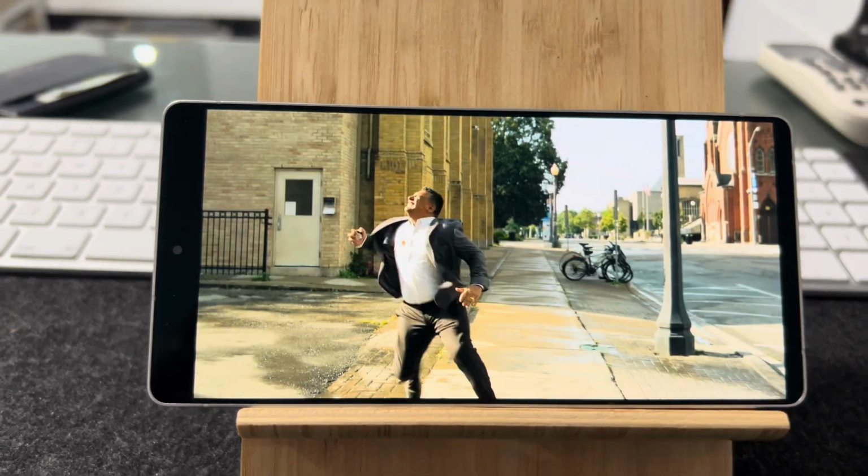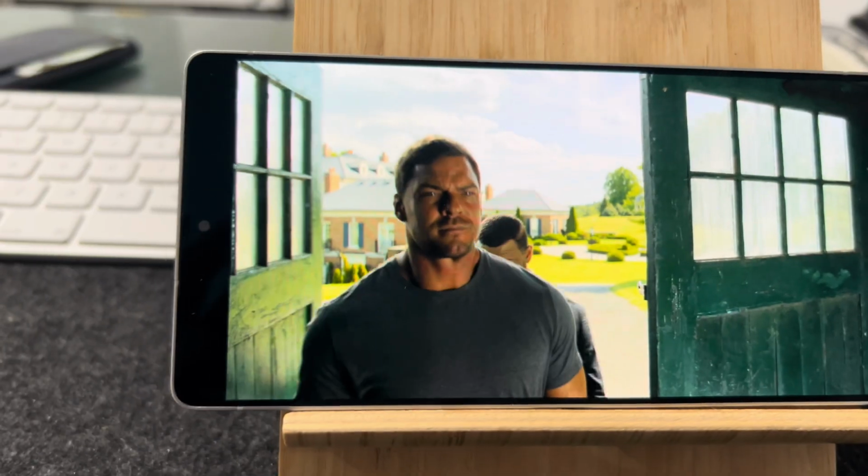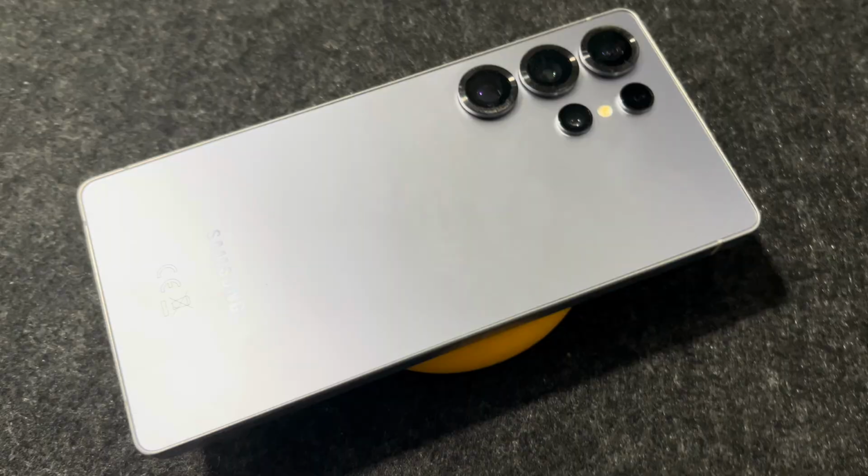Now, depending on whether you like boxy design, I'm not a huge fan of very sharp edges, but there is something about it. I do understand the appeal. It does make holding and gripability really, really good. It gives you a flat screen for viewing, so the viewing angles are absolutely excellent, but it is a very boxy design, and that's personal preference as to whether you like that or whether you like the rounded edges more. It does, as a result of that, of course, have slightly sharper edges, but that's quite good for gripability,